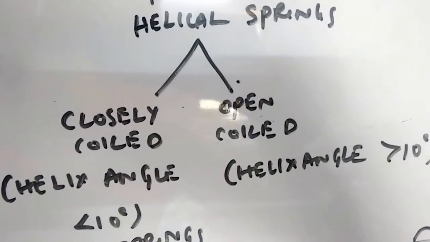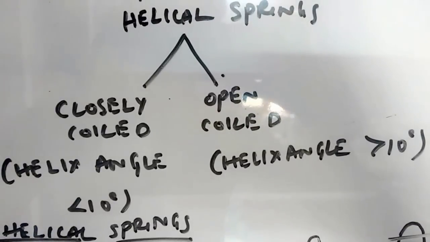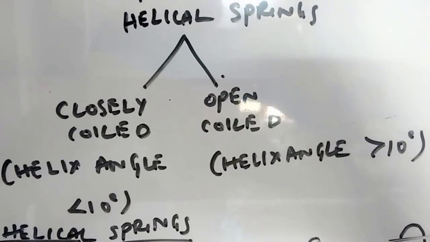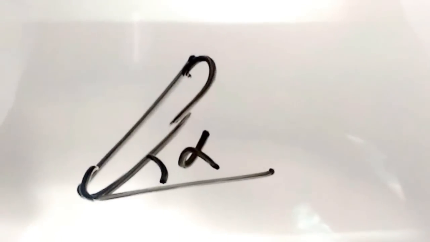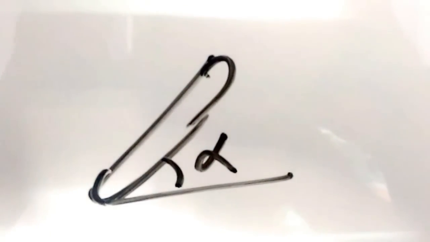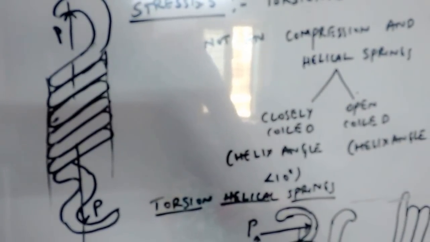We can also classify helical springs into closely coiled helical springs and open coiled helical springs. The difference between them is that if the helix angle of the coil is less than 10 degrees, it is called a closely coiled helical spring. If the helix angle alpha is greater than 10 degrees, it is called an open coiled helical spring. In closely coiled helical springs, the plane of the coil is almost at right angles to the